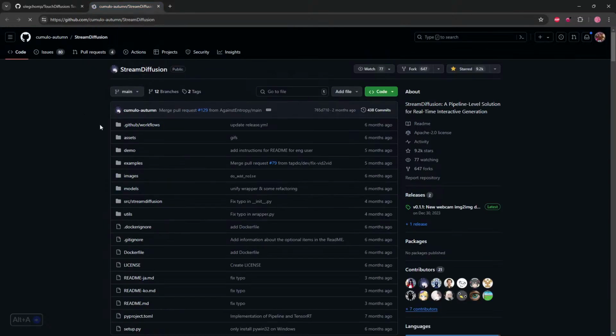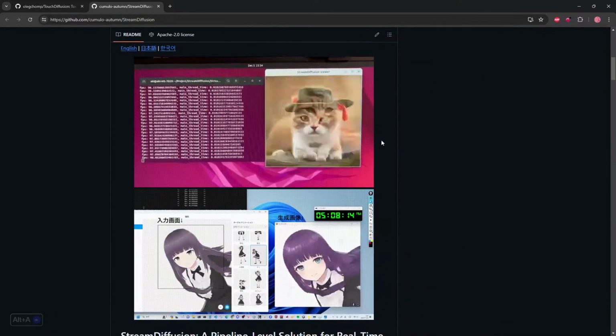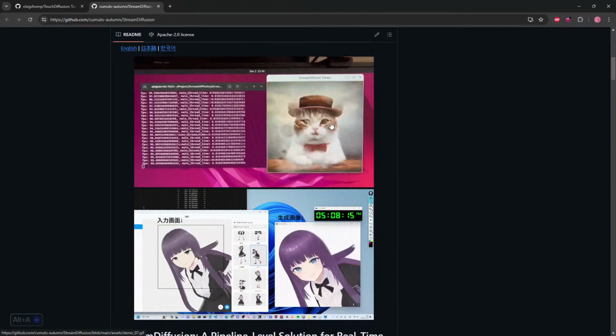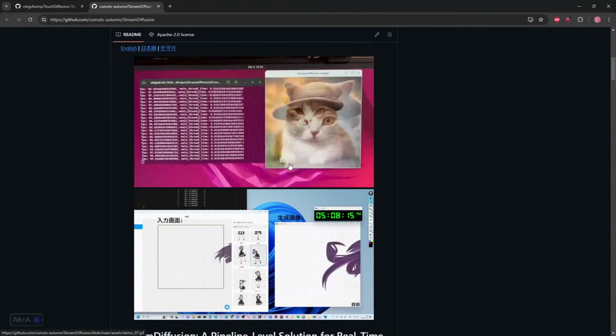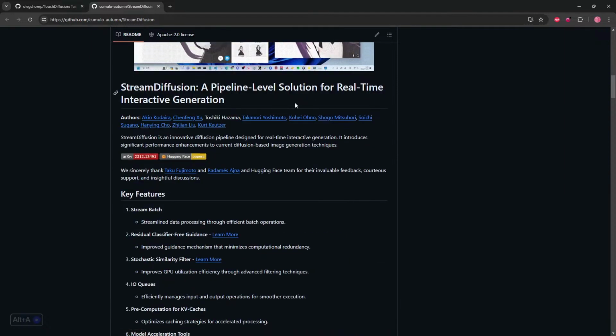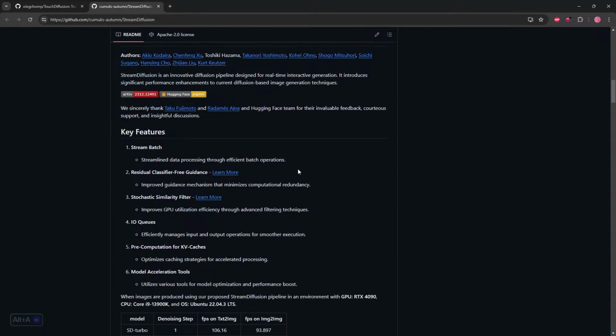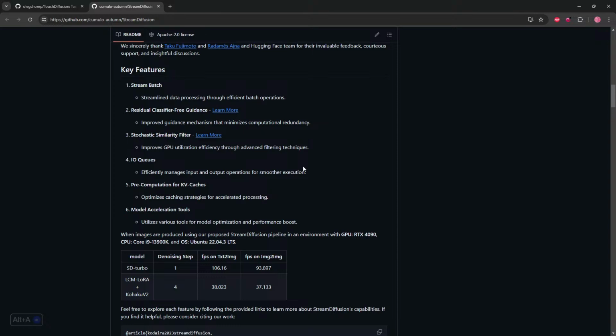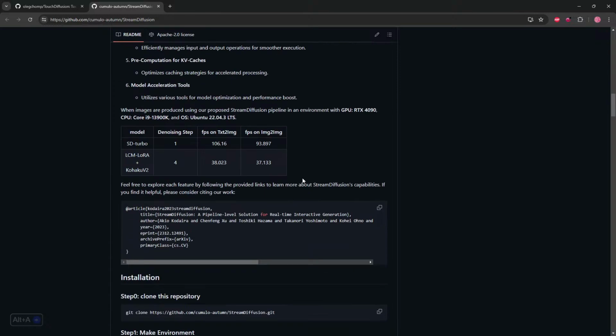So Stream Diffusion is created by another developer that is a pipeline level solution for real-time interactive generation. In this case, we're using image to image, but we're basically using really fast image models and almost doing that for real-time interactive generation. And so we're really lucky to have models that run really fast and are optimized for basic GPUs like mine. I currently have a 3080 Ti on my laptop,